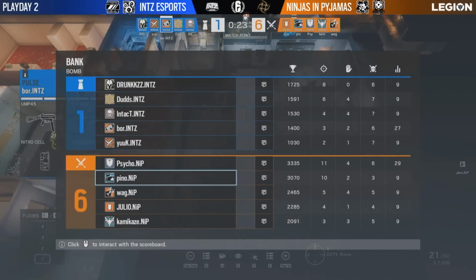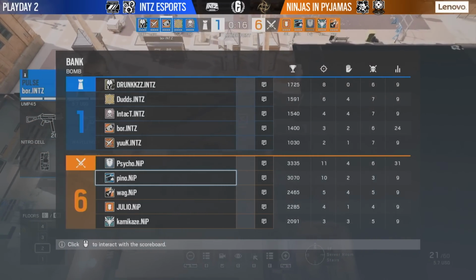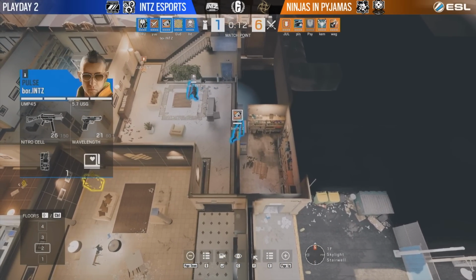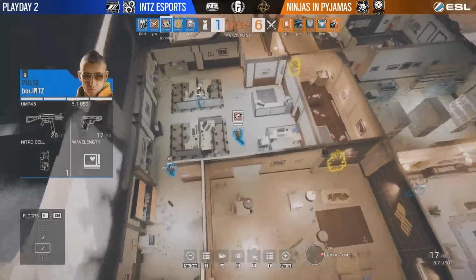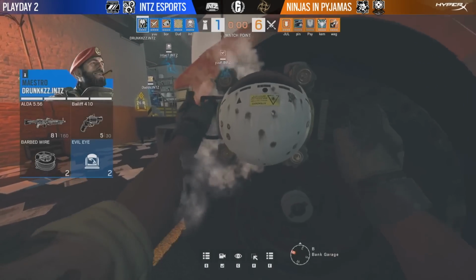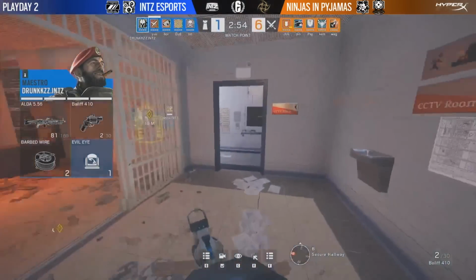He gets a 4K on that round. Absolutely impressive. So close to getting the ace. Yeah. But couldn't do it. Very well done. Indeed. Now, again, INTZ forcing out the basement one more time. Very dangerous to do, but I gotta be honest, I don't blame them considering how close that last round was. Everything was going INTZ's way, and then Pino showed up and got a 4K. So, truly,